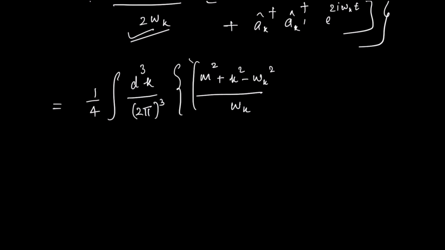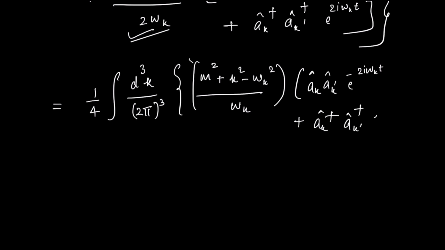Okay, I have just taken out some common. Then I'll get ak prime e raised to minus 2I omega t plus ak dagger ak prime dagger e raised to 2I omega t,